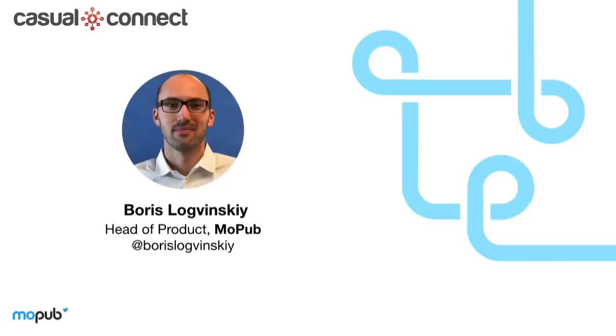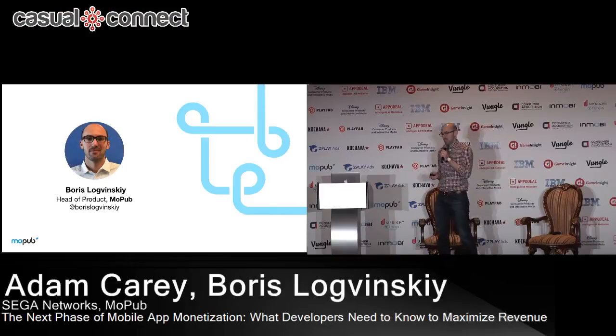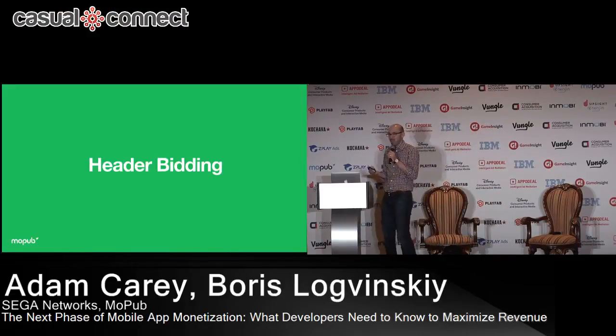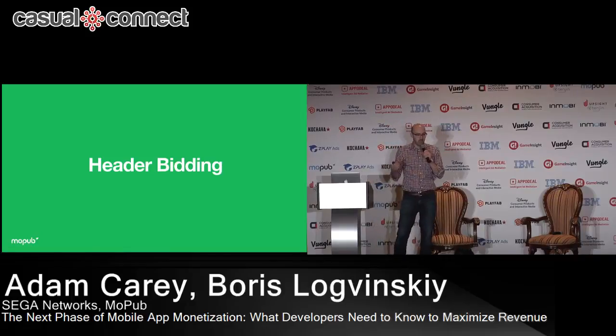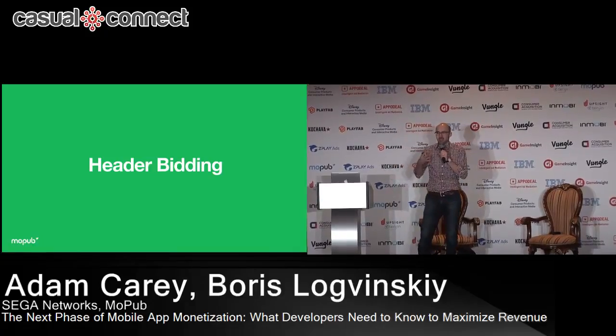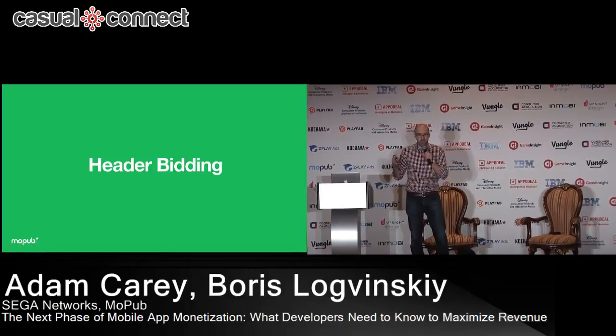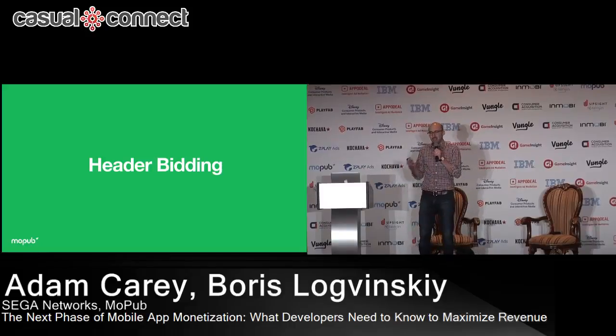And as the slide just suggested, we're going to talk about the next phase of in-app monetization for mobile apps. So I think much like monetization in general that started in desktop, this topic that we're going to talk about started in desktop as well, and that's header bidding. There's no monetization trend, no technology that has really captivated and taken control of the desktop monetization space, and what everyone's been talking about for the last couple of years, like header bidding. And the results speak for themselves.